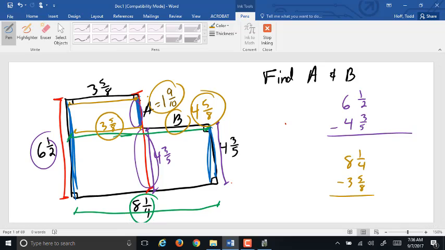Yeah, I just wanted the dimensions. Okay, so